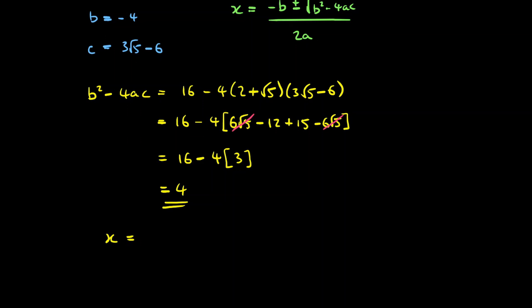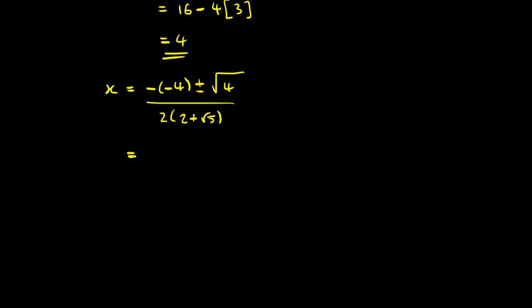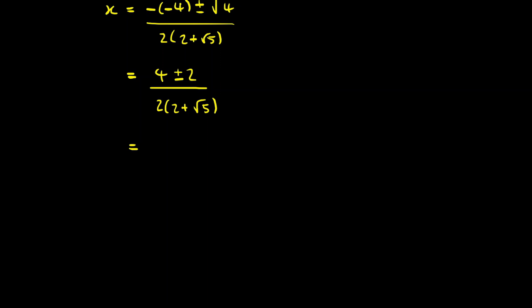x is equal to minus b, so that's minus 4, plus or minus the square root of b squared minus 4ac, and we've just said that that is 4, all over 2a, and a is 2 plus root 5, so we've got 2 bracket 2 plus root 5 there. Well, let's try to tidy this up. Minus 4 is positive 4, and the square root of 4 is 2. And why don't we divide top and bottom by 2? If I divide the top by 2,